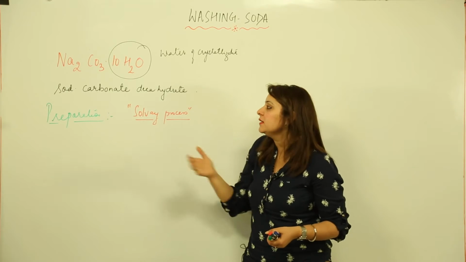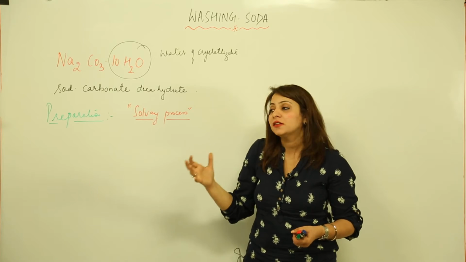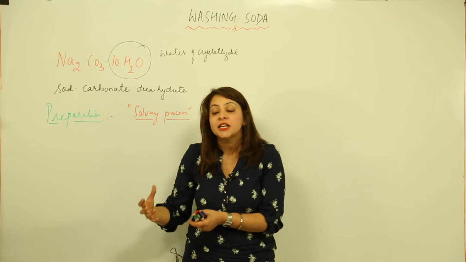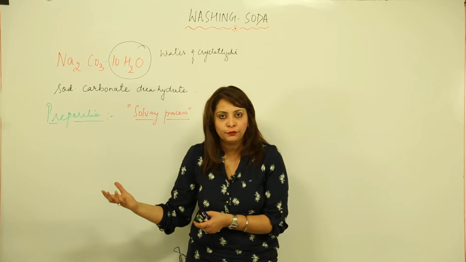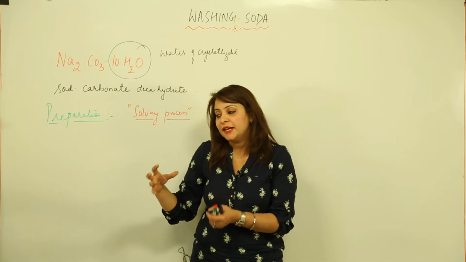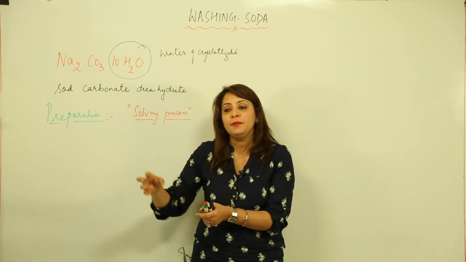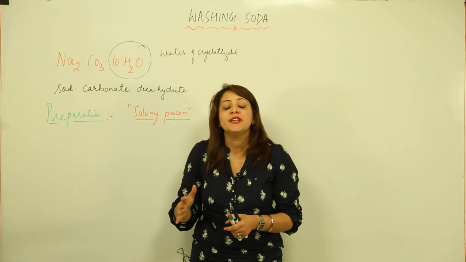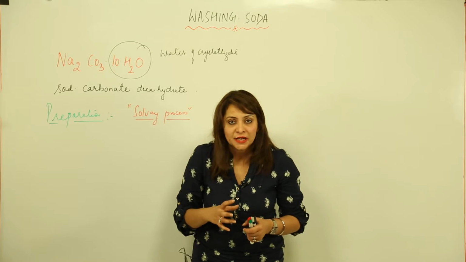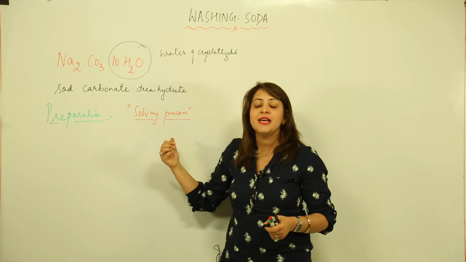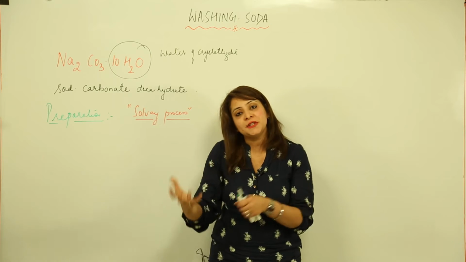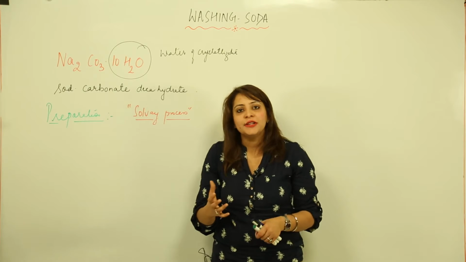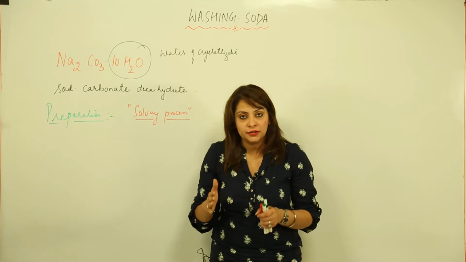The advantage is that in many processes, when you prepare a desired chemical substance, many side products are formed along with it. So along with the main compound we get many small compounds which are just left unused, which leads to wastage of chemical substances. But in the Solvay process, all the substances produced during the process are recycled or reused. So no chemical substance gets wasted.